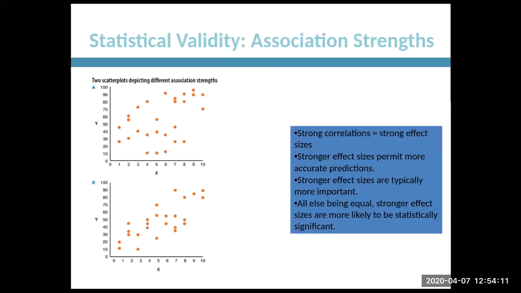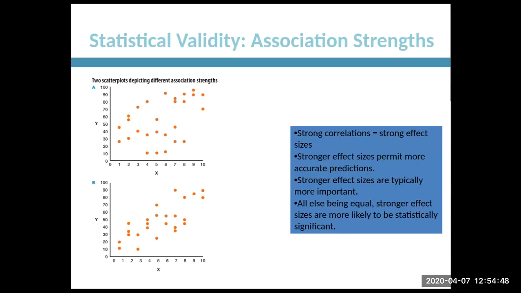So when we talk about the strength of an association for statistical validity, one of the things that we should point out is a stronger correlation is also interpreted as a stronger effect size. Remember, effect sizes we talked about as weak or small, medium or moderate, and large or strong. So the higher the correlation, the closer to 0.5 or above, the stronger it is. 0.10 is weak or small, 0.30 is moderate or medium, 0.50 and above is strong or